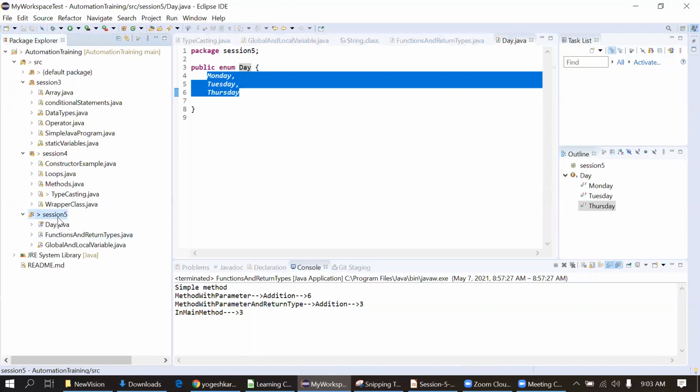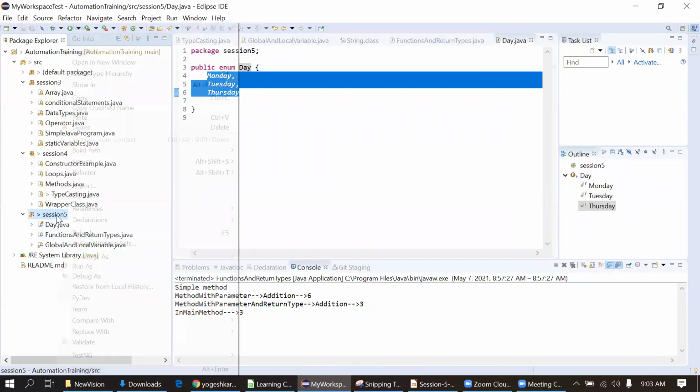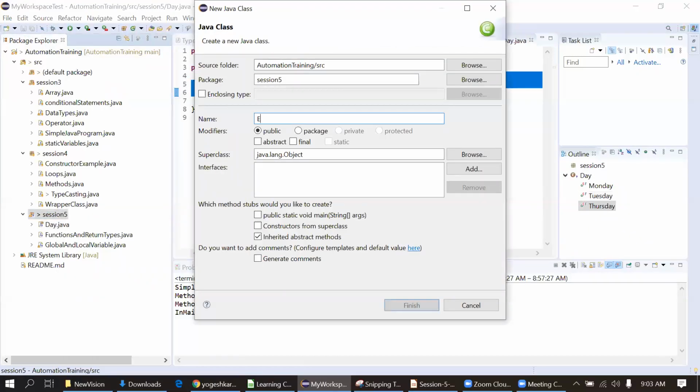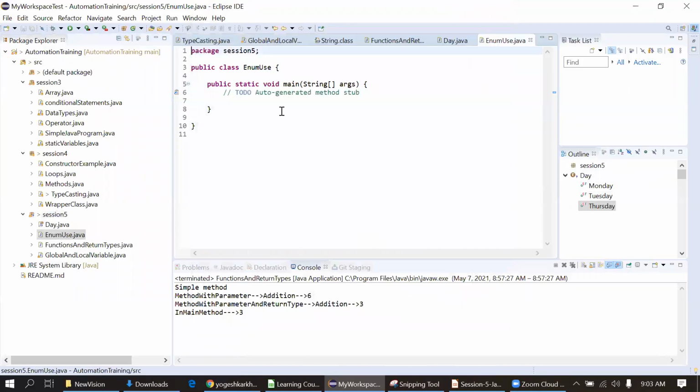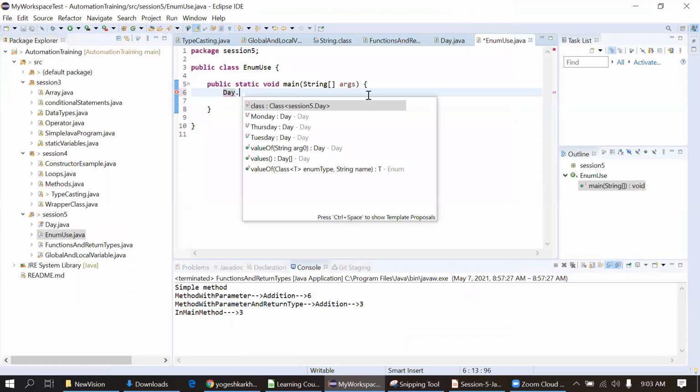Okay, I will create one class again. Enum use. Okay, and now here I will use Day dot.